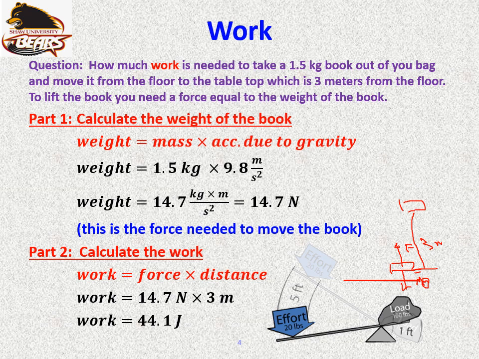In fact, as we will see next, when you do work, the energy from your body turns into potential energy. So work is an energy transfer. The 44.1 joules of work from your body through doing this work is transferred into potential energy, so there is higher potential energy here. That has 44 joules of potential energy. We'll talk about that in the next topic on the next slide.